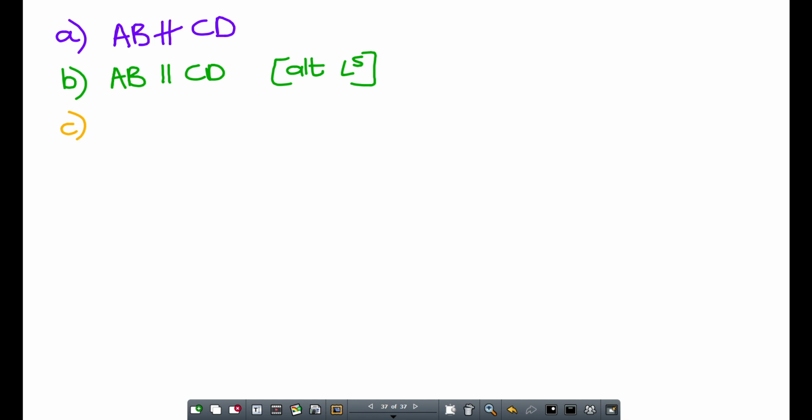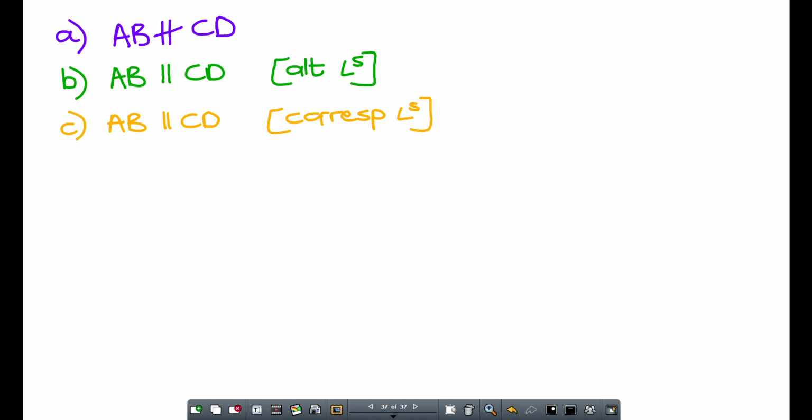Okay, C. At C, we've got 75 and 75. What I wanted you guys to see is that it does form an F. So AB will be parallel to CD because, what do we call an F? Corresponding angles. Yeah, the way that we asked it here was slightly different. The way that we're going to ask it in the test is more like what you guys did at number 2. So then we have X is equal to something, and then the reason would be corresponding angles, AB parallel